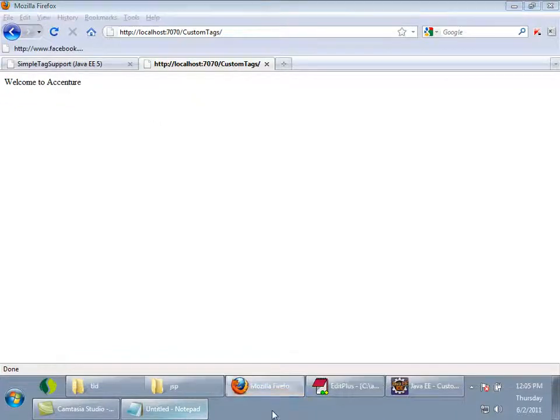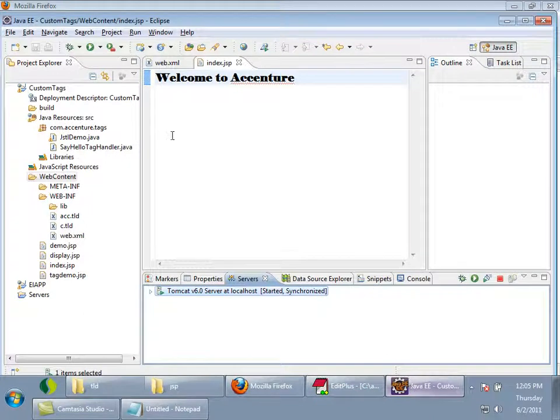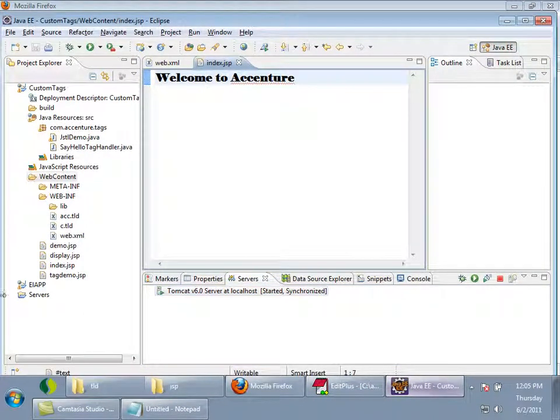Okay. Now whenever I give slash, I don't want index.jsp to be displayed. I want it to be automatically redirected to, say, demo.jsp, right? I want a redirect. So in servlets, if you want to redirect, what is the way to redirect? Tell me, which is the method you use?